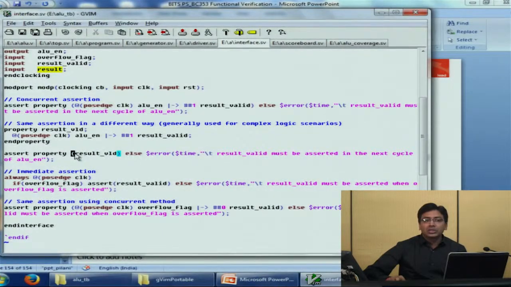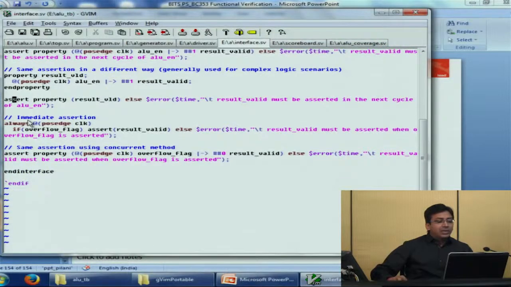Based on the thing that the user wants to do, if it is not a very complex thing and it is a very trivial thing that the user can check in an inline assertion, you can actually call this an inline assertion. The user does not need to declare the property separately; write the condition in the same assert property, check it. If the property is a complex one, or if you want to use the property in some other block of code as well, then you can declare the property separately, and call an assert on it independently. So this is how it can also be done.